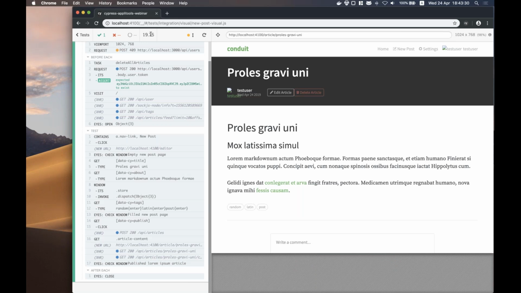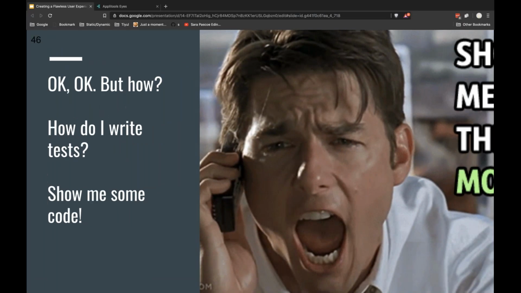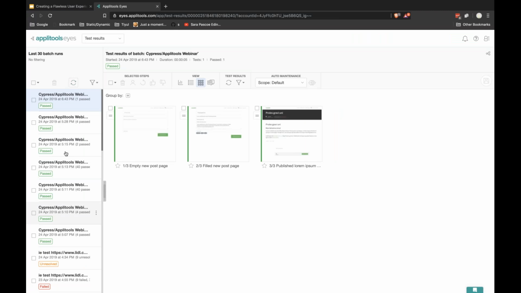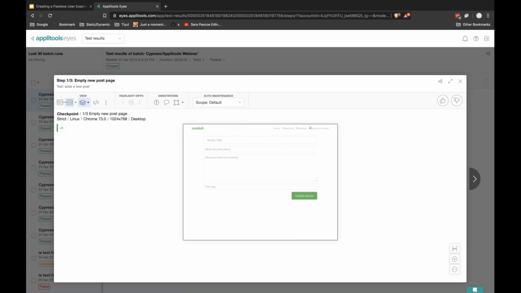Let's open Applitools Eyes and look at the test. There we go. This is Applitools Eyes, and this is the new test. This is obviously the runs I did to check that everything's cool and everything's okay. And here we have the empty new post page, the filled new post page, and the published post. And I can move between them